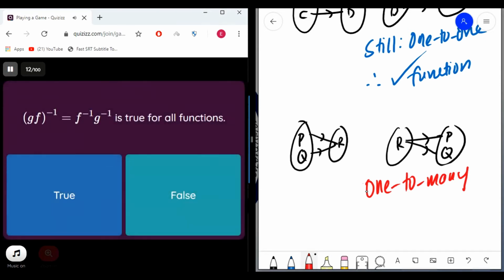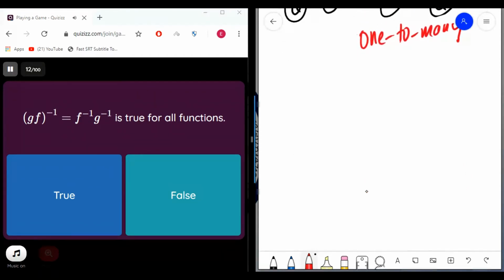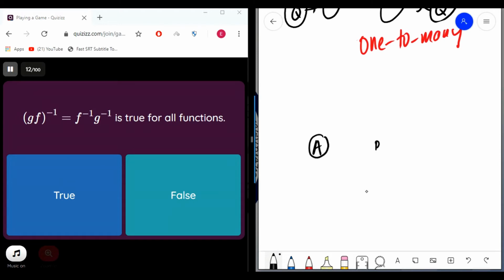Number 12. The inverse of GF equals F inverse G inverse. It is true for all functions. Okay, let's say we have A, B, and C. Function F will map A to B, and function G will map B to C. So, G inverse will map C back to B, while F inverse will map B back to A. From A to C,